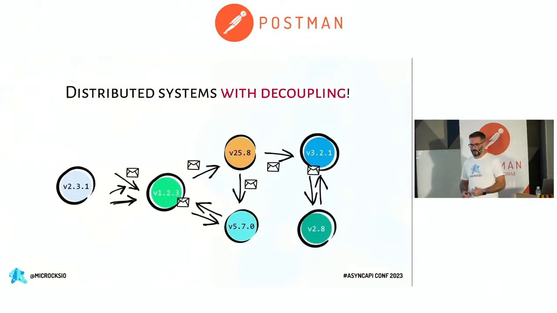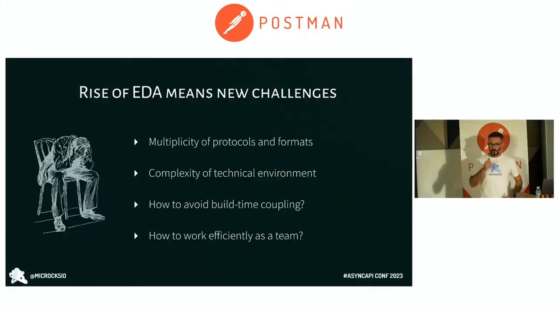We want this kind of versioning scheme where all the components are released, validated, developed independently, and we need a high level of confidence to do that. So we need to change our way of doing. We need to integrate new techniques like simulation, contract testing, and so on. So with the rise of EDA,